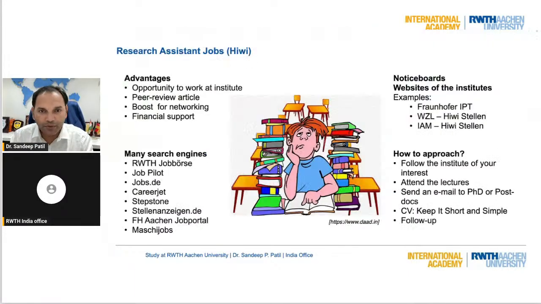Okay, now I would like to talk about the research assistant job also. This is also interesting, and you can get in touch with us for more details. But just to give you an idea, I also did my master's degree in Stuttgart, so I can tell you from my experience that it is important to go for student assistant or research assistant jobs in order to build networking, to get discipline in your regular schedule, as well as to connect with German professors and German